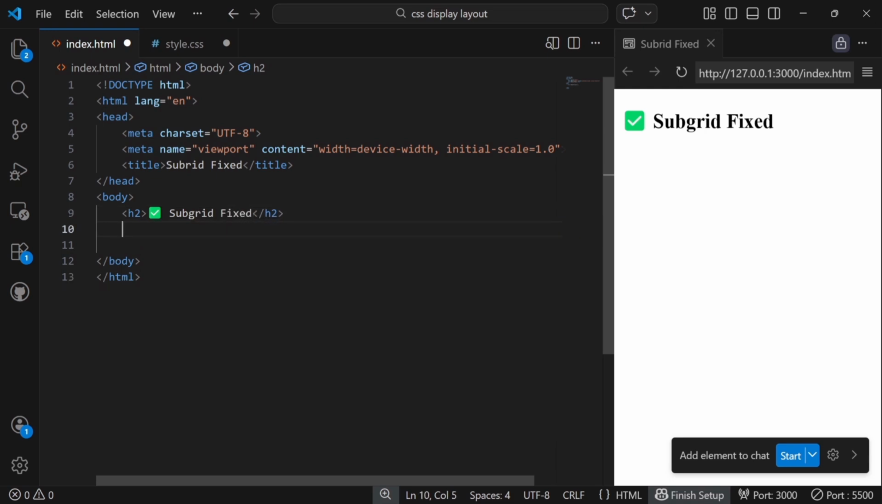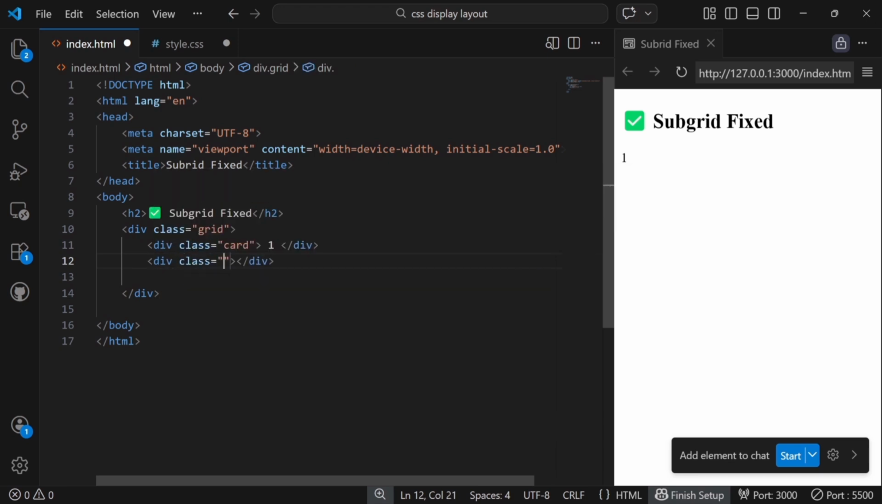Inside the head section, we define the character encoding using UTF-8, and we also set the page title to Subgrid Fixed. Now inside the body, we add a heading that says Subgrid Fixed with a check mark to show that our layout is working. Below that, we create a div with the class grid, which will serve as the main